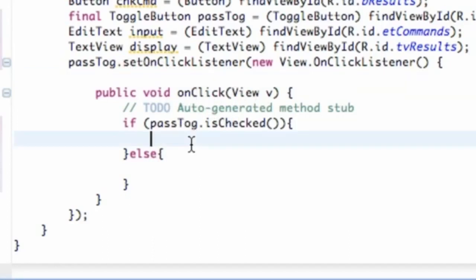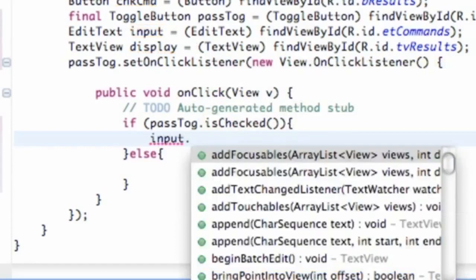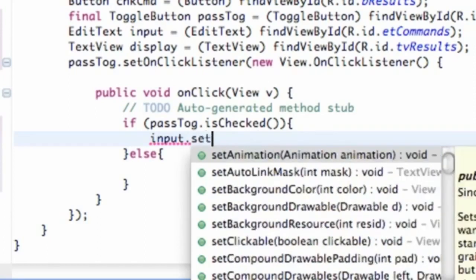Now what we can do is use the edit text variable that we set up here, which we have referenced to our edit text in the XML, and we're going to change that. We called the edit text input, so we say input, hit dot, and we're going to set the input type. Basically, there's the password type in a text view, or a number for the most part. You can make them only be able to put in numbers, stuff like that. So we're going to use the method set input type,